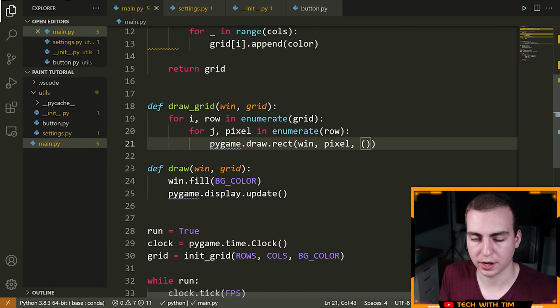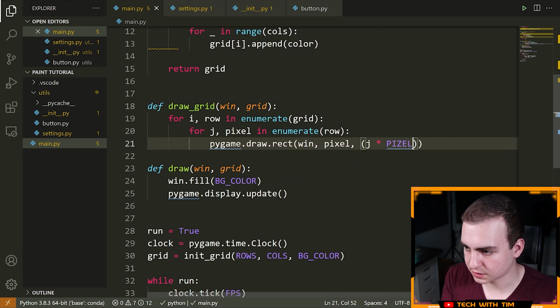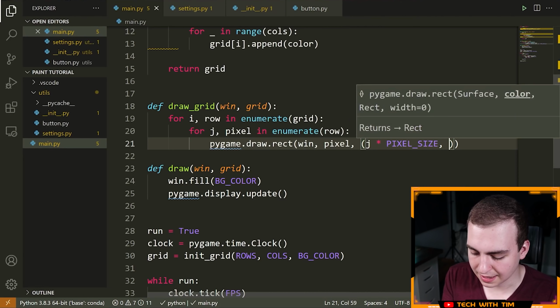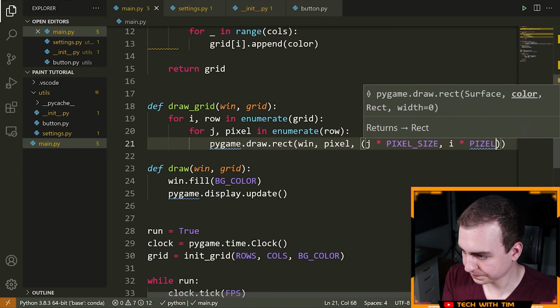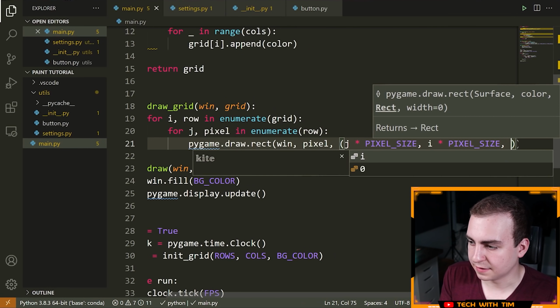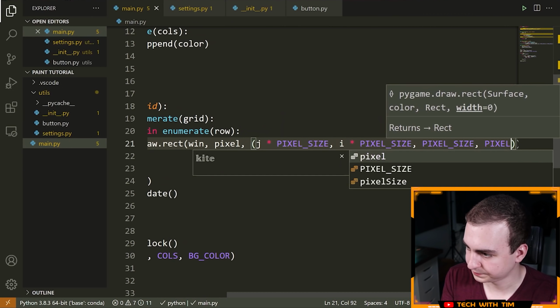So I'm going to do the math right now, and I'll write it in here, then I'll explain how that works. So we're going to start by saying j multiplied by pixel_size, and then i multiplied by pixel_size. And then in terms of the width and the height, this is just going to be pixel_size.